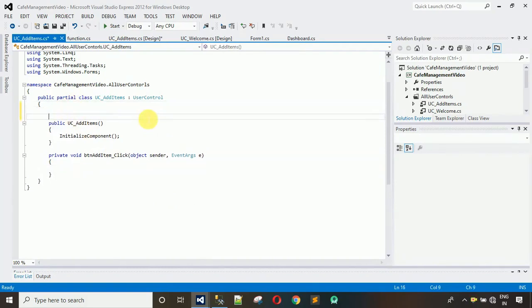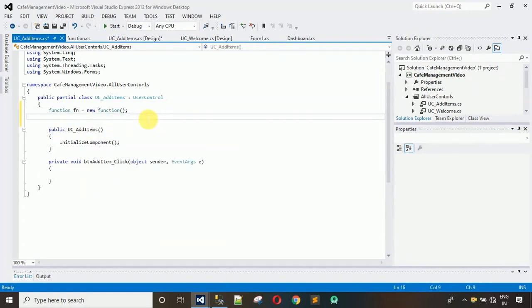First thing, we have to create a connection, create an object of the function class which we have created. So Function fn is equal to new Function. After this I'm going to create a string type variable and name it query. On the button click, I'm going to write a query first. So query is equal to